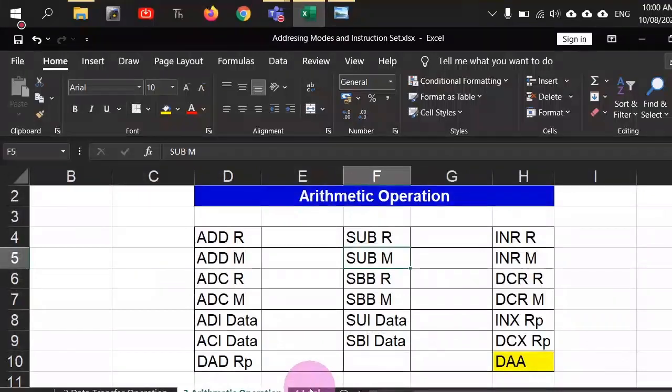And can you now calculate how much time a program takes when it gets executed? Because you already are aware of T states of the program. And I said that every T state is one click of the clock. If the frequency of clock is known, then 1 by that frequency will be the time which every T state will take. And you can already calculate T states for every instruction. So total number of T states multiplied by the value of 1 over frequency will give you the time that a program takes to execute, will it not?